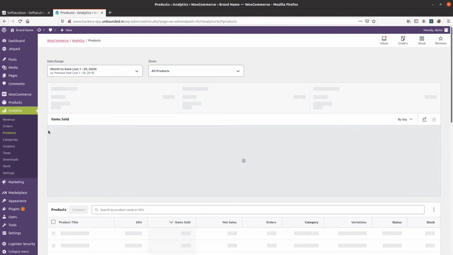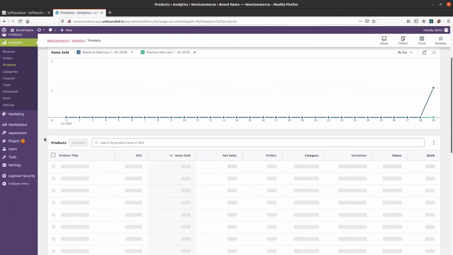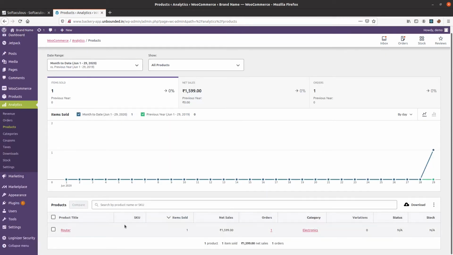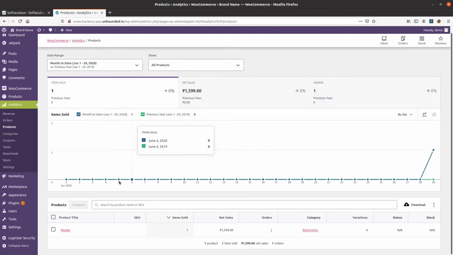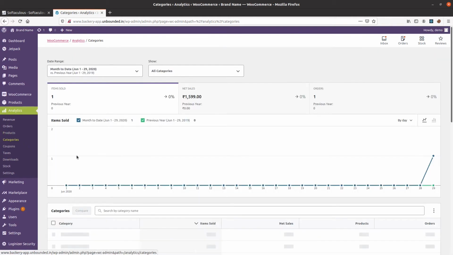Let's move on to the product section. And in the product section, you can actually see which of the products have made most of the sales, which products are being sold the most. Like you can see the items, if you select router, it will only show for the router, and if you select any other set of products, it will show for that particular product. So what is the quantity of the product? What are your top selling products that you're selling on your website, which are driving you the most revenue? So this also has a custom date filter available, and yeah, the highlight of this page is which product is your top trending product.